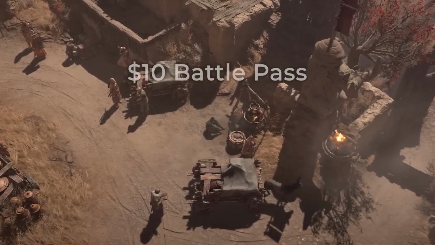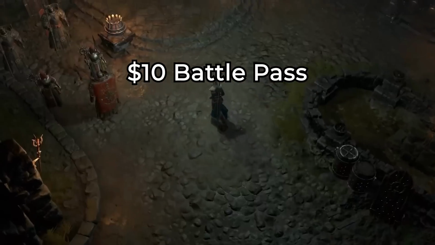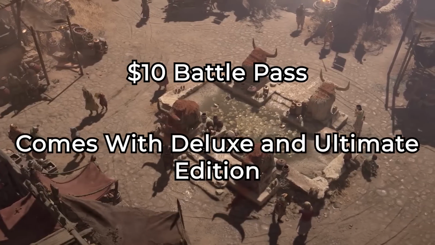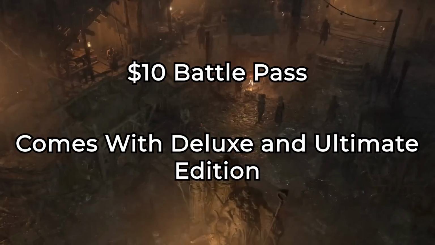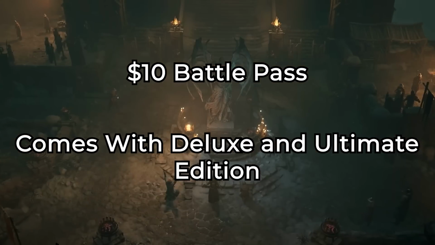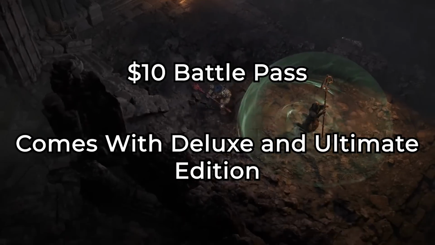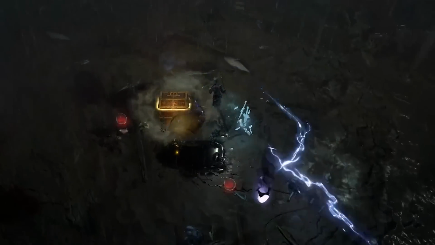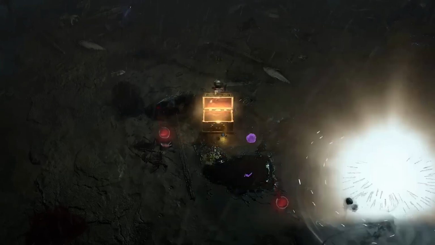The price of Diablo 4's Battle Pass is confirmed to be $10, and even though the standard edition of the game is $70, the Battle Pass is not included. But if you're buying the Digital Deluxe Edition or the Ultimate Edition, the Battle Pass will be included in those game versions. Now, the exact details of what's included in the Battle Pass, like specific items and bonuses, haven't been